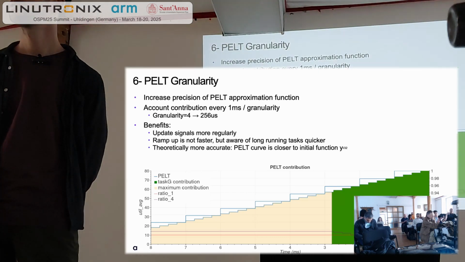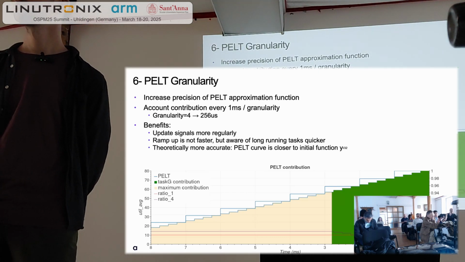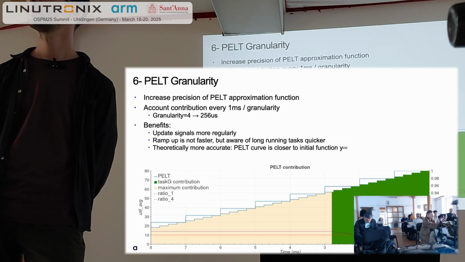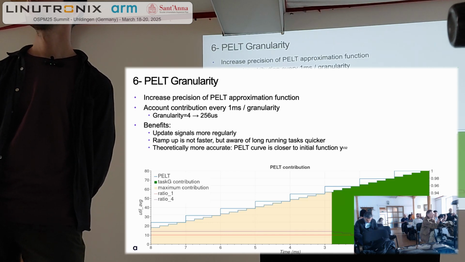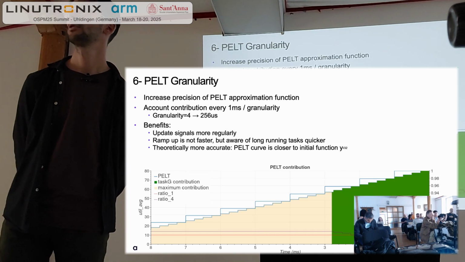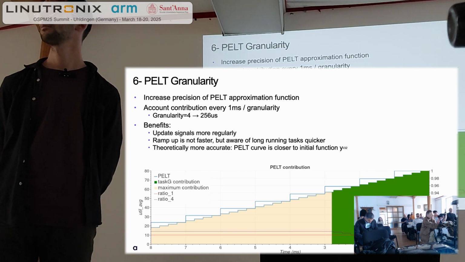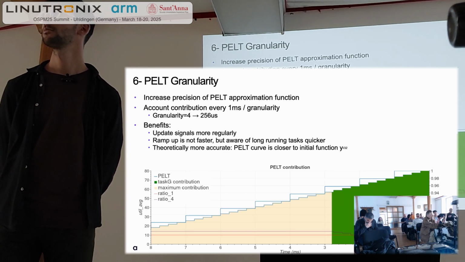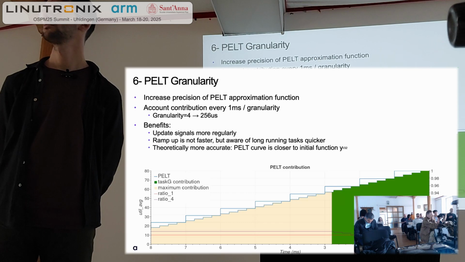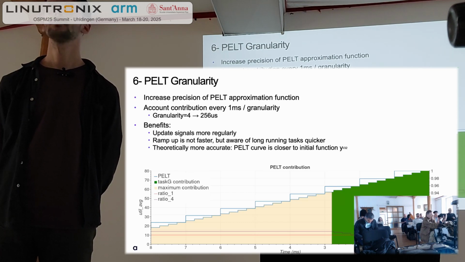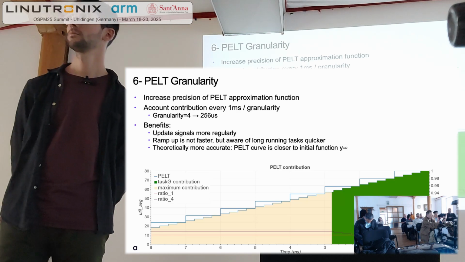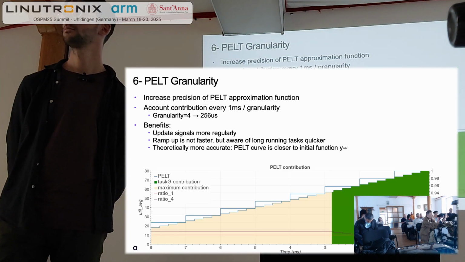Maybe it's not the right things, and that's something I discussed with Case. And maybe we can use something different. We can use a PID if you want to increase fast, and so on. But then there is another problem with EAS: we need to estimate what will be the OPP that has been selected in order to estimate what will be the energy delta if I put that task on CPU A